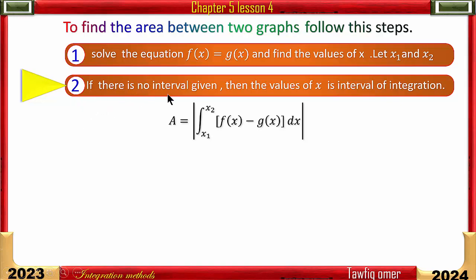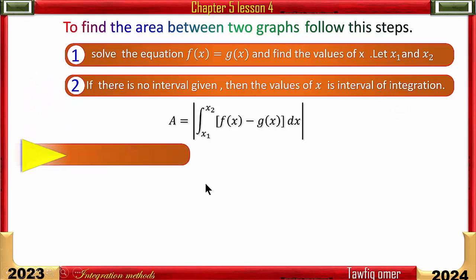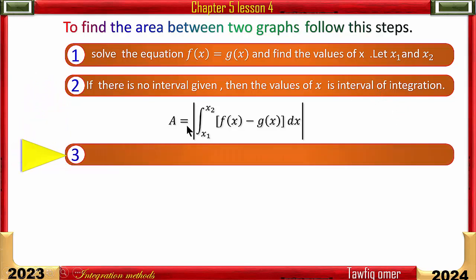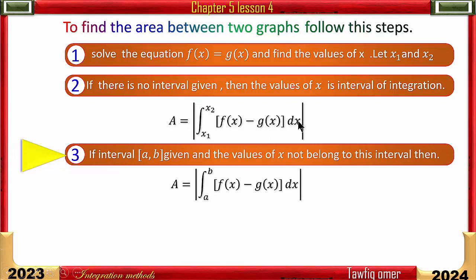If there is no interval given, then these values of x are the interval of integration. The area A is equal to the absolute value of the integration from x1 to x2 of f of x minus g of x